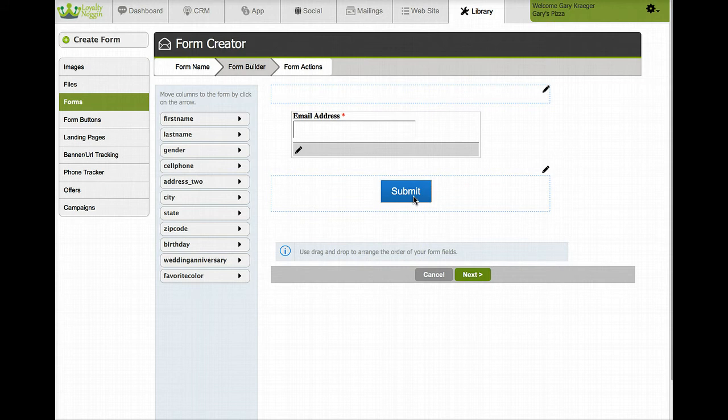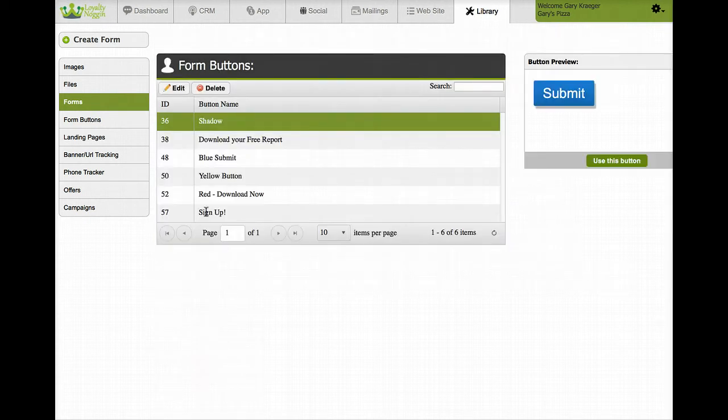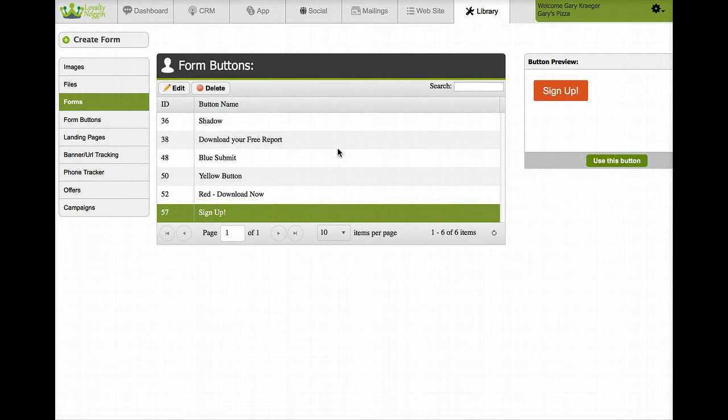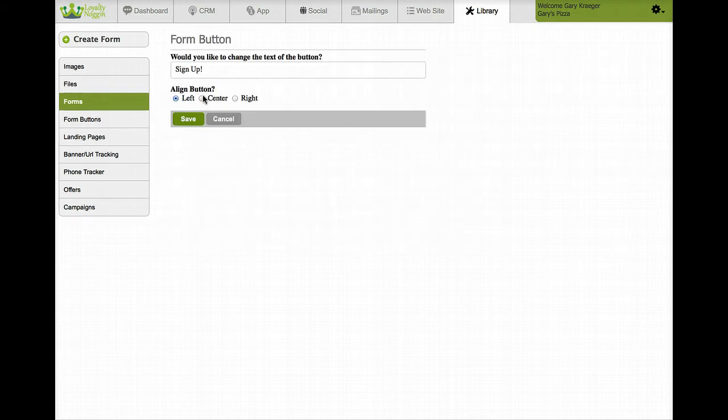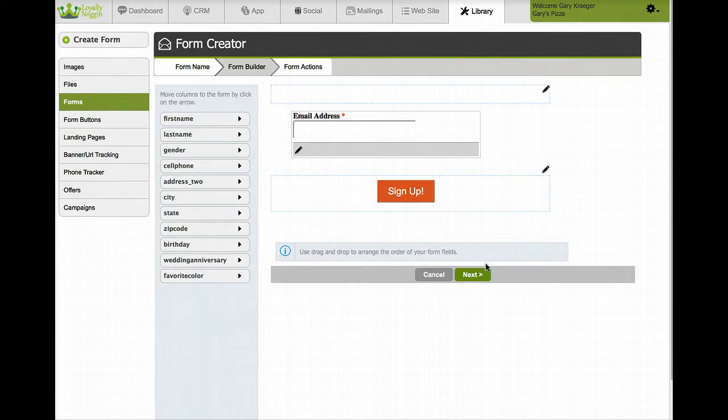This is a default button. Along in the library also is form buttons, so you can create your own form buttons. I actually have a different form button I want to use here, so I'm going to go ahead and edit that. I'm going to use this button, the orange one here, and I'm going to want it centered, and that's my button. So I'm going to click next. I'm happy with my form,